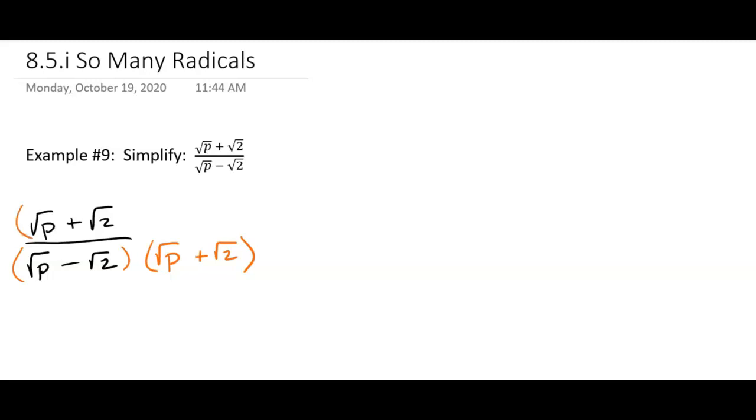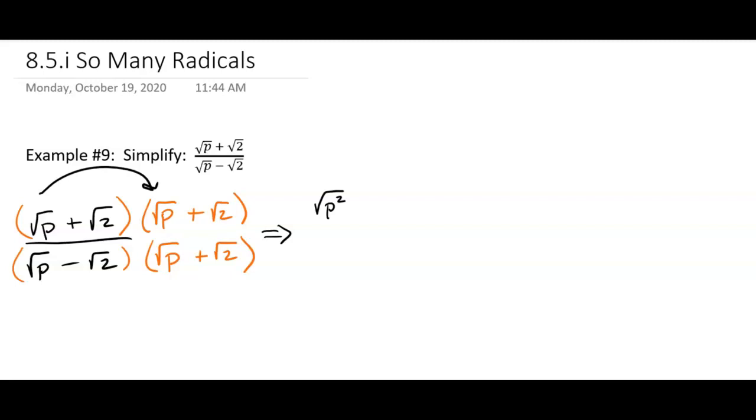That doesn't really matter so much. Okay, so we're just going to rewrite this up here because we have to multiply both the numerator and the denominator by whatever we choose to multiply by. And in this case, we're using the conjugate. Okay, so now we're going to go over here and I would multiply out the numerator. So I would go square root of p times the square root of p. Square root of p squared. And then I'll simplify it on the next one.